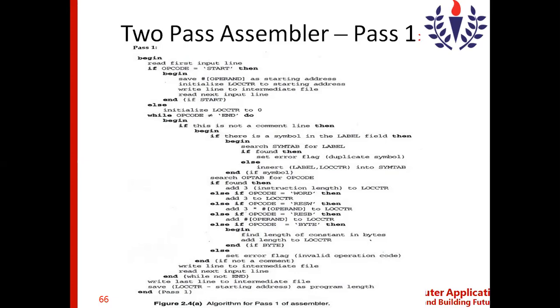If there is a symbol in the label field, so as I told you already, an instruction has the format of label, opcode, and operand. So in an instruction, if there is a symbol in the label field, which represents the symbol definition, as you remember,